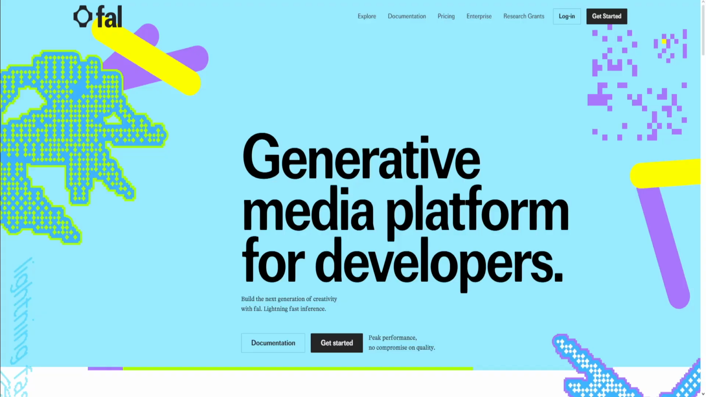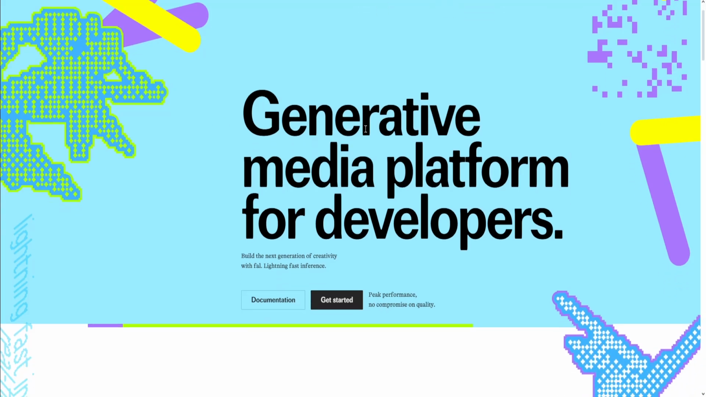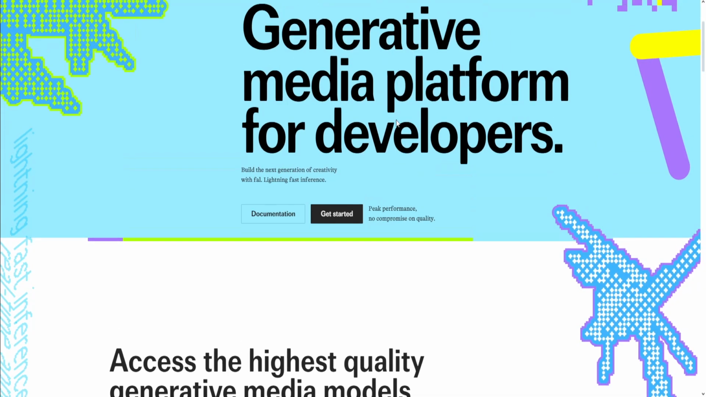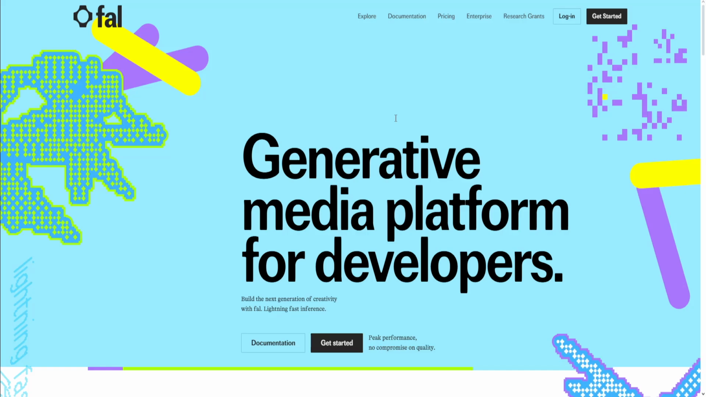Fal.ai versus Replicate.com. Let's start with Fal. So Fal is a real-time AI inferencing platform focused on instant API calls for AI models. It offers a fast developer experience, supports custom models, and is ideal for plug-and-play use cases like AI chat, image